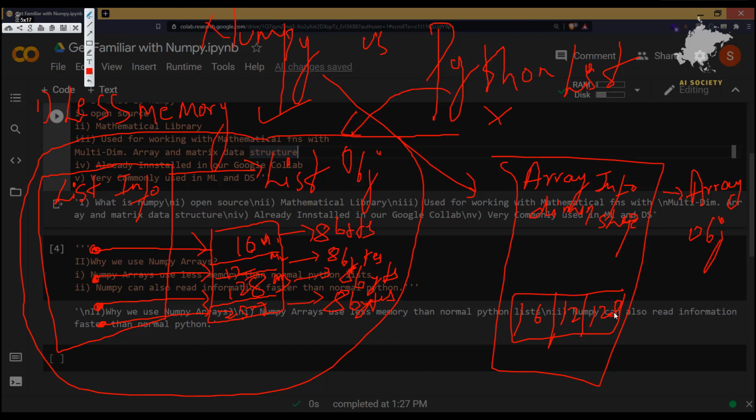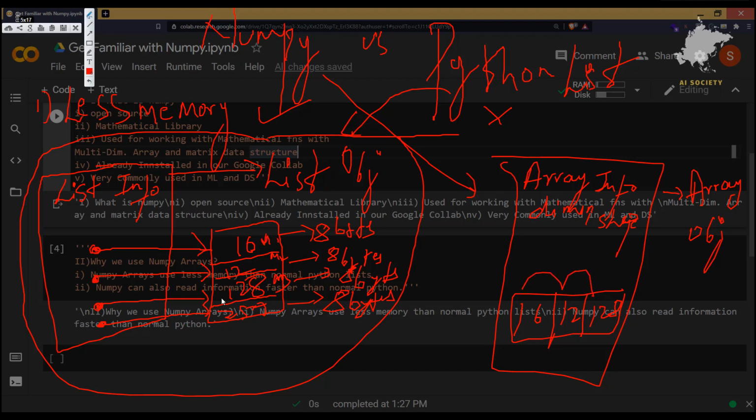And why in terms of speed? Let's say you want to perform some kind of mathematical operation on your Python list. Then control has to visit each and every address of the objects to perform the operation, so it takes much more time. In the NumPy array, all the elements are at one place and it just travels one by one.